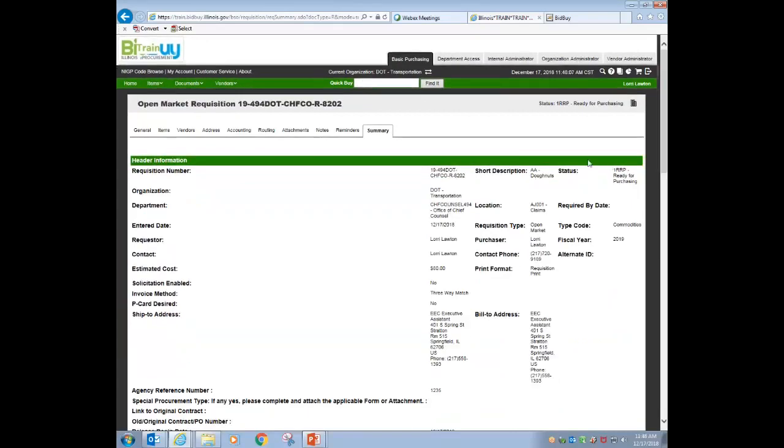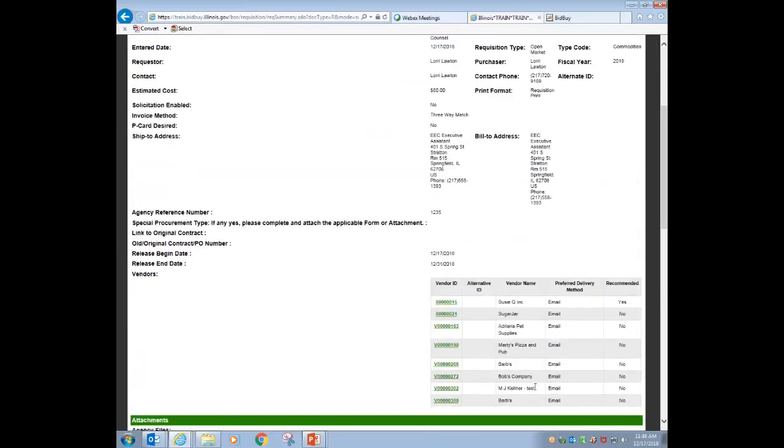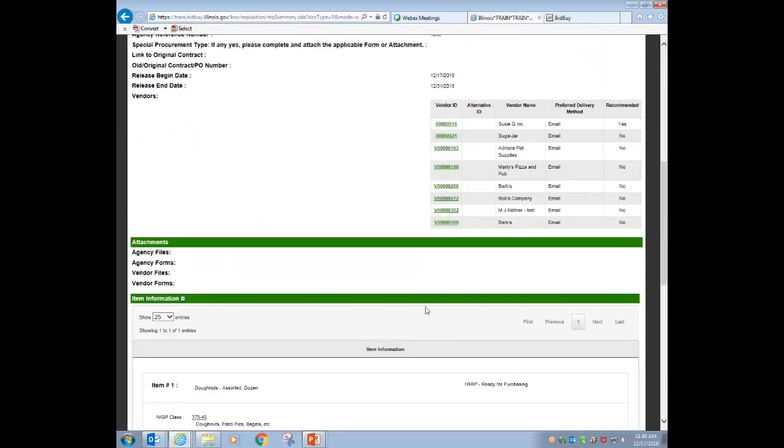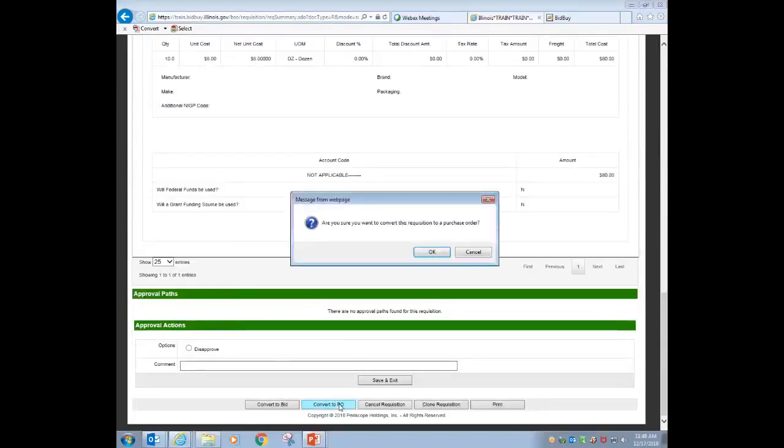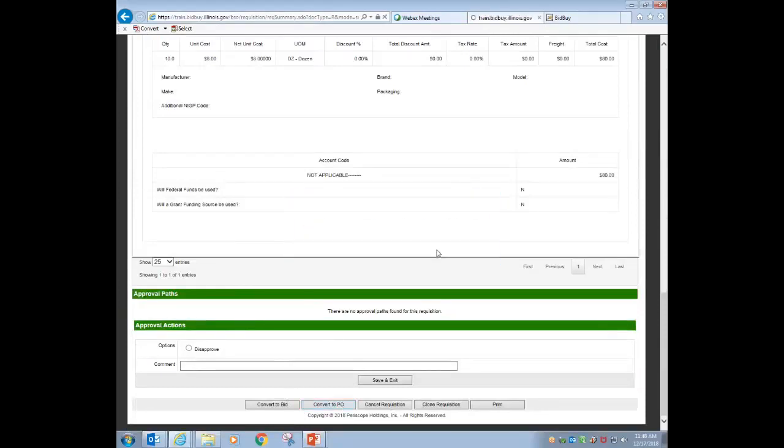We're still in the ready for purchasing status. The short description is, I look at everything, I make sure that I have everything correct. There's my whole list of vendors that originally got solicited, and I see my items, and I'm going to come down here. I don't need to take this out for a bid. This is the stuff that we use for doing a formal IFB. Now we're getting very formal, publishing and posting. So I'm skipping this bid stage altogether, but I can convert this to a purchase order, say okay,